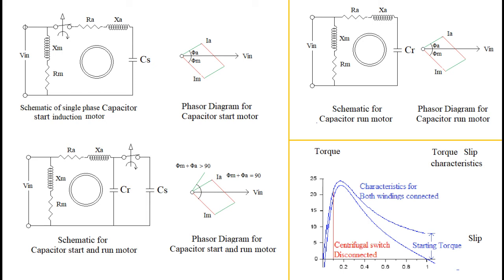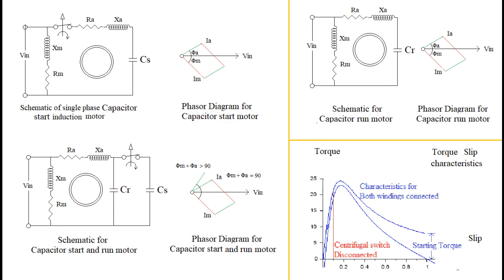One more simplification is the capacitor run motor. This motor has both windings, main and auxiliary, permanently connected to the supply, and only one capacitor is kept in the auxiliary winding circuit. It should be noted that by using a suitable combination of capacitor, if we ensure an angle of 90 degrees between the two currents of the main and auxiliary winding, then it is not necessary to have a high reactance main winding and a high resistance auxiliary winding.